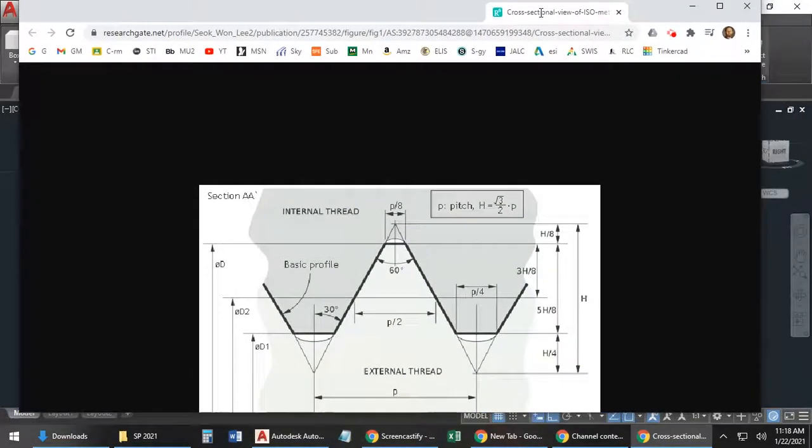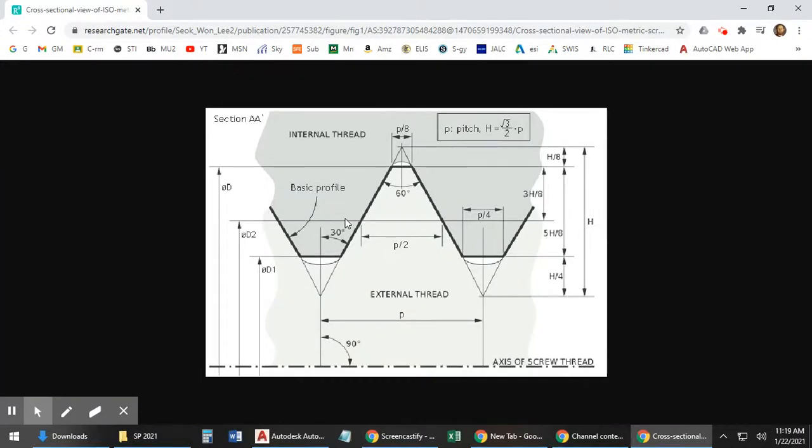I'll grab and pull this over. So this is just one example. You can research thread diagram. Here, the darker gray is the internal thread and the lighter gray is the external thread. I know it's a little pixelated there on the screen, but you can actually go in and calculate all these up. So standard UN